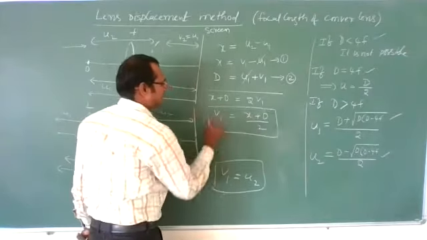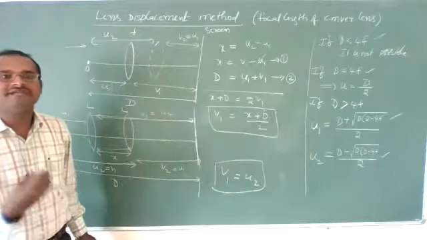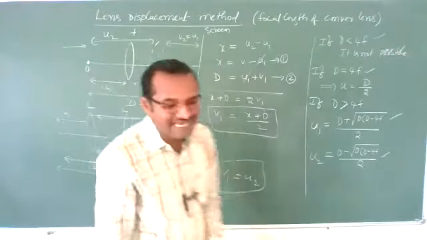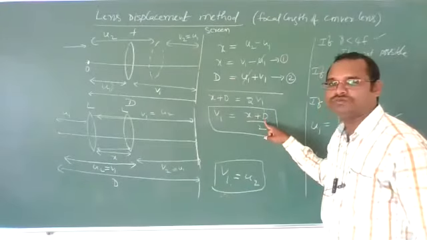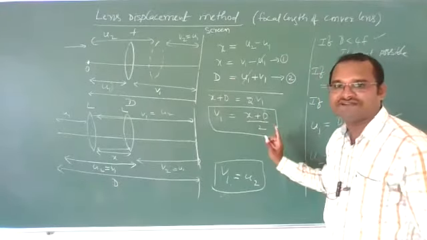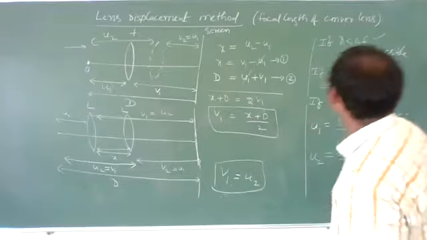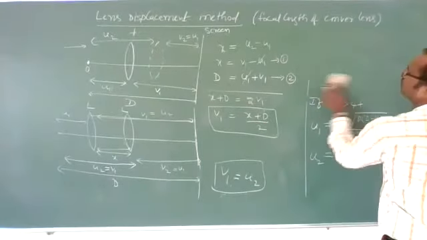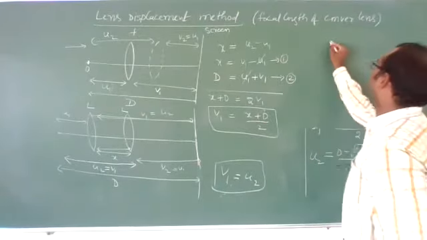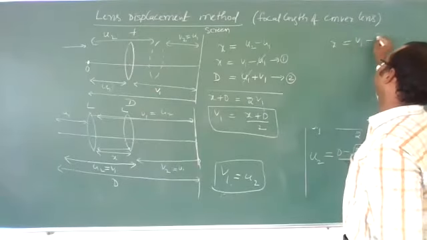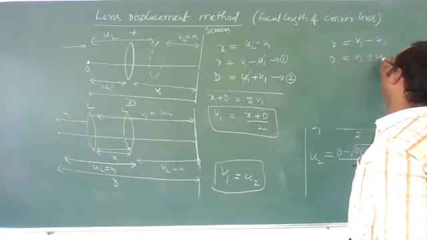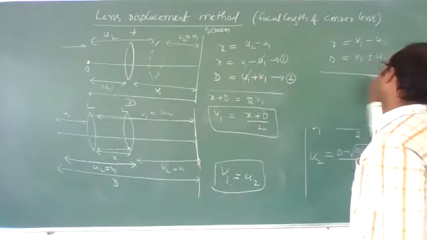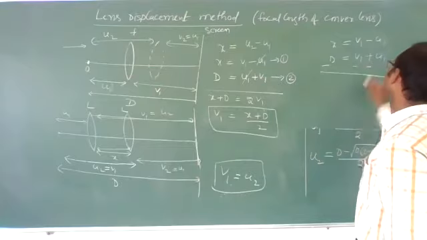Why am I taking the v value like this? Because these two are known values. While I am doing the experiment, I know these two. So that I get v1. Now you subtract those two. Subtract them. x is equal to v1 minus u1. D is equal to v1 plus u1. I am writing v1 plus u1. Subtract them, minus, minus, minus.